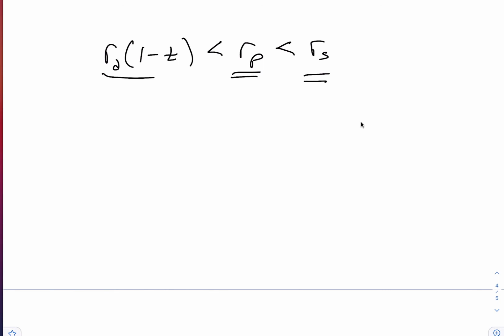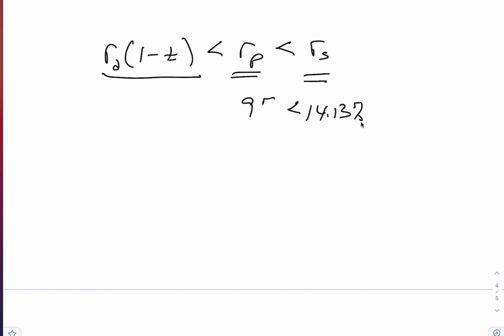The other thing you need to consider is that there's a ranking associated with these R's due to risk. And what do I mean by that? Well, I'll show you. RD times (1 minus T) should be less than RP, the rate on the preferred stock, which should be less than the return on common stock. So common stock should have the highest rate of return. The middle rate of return should be RP, the return on preferred stock, and the lowest should be the return on debt. Now this was 14.13%.